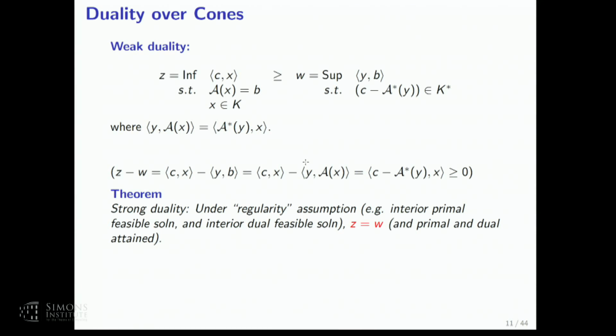Why is that enough to get strong duality? Strong duality is nothing complicated, so let's quickly argue it. Let's assume, for example, I have an interior. Let's for now assume just an interior dual feasible solution. So if I have an interior dual feasible solution, what I could do is I could look at